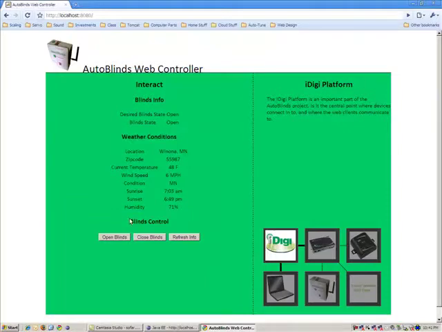Also, the website actually allows you to control the blinds. This is also done through the IDG platform using an SCI command. When we click open blinds or close blinds, it sends an SCI command through the IDG platform down to the device, which changes the state of the AutoBlinds device, and then it goes ahead and either opens or closes the blinds. So if you take a look at the blinds info up here where it shows the state, currently the blinds are open, so if we hit close,